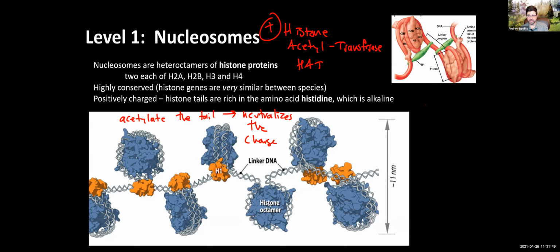And then the opposite is called a histone deacetylase, and we abbreviate that HDAC. So you can simply put it like this: you have HATs that activate genes, and you have HDACs that inhibit gene expression. This is one of the most fundamental ways we can regulate genes at the highest levels.